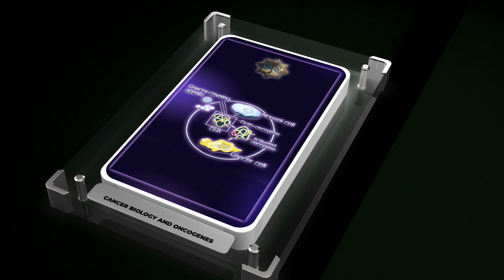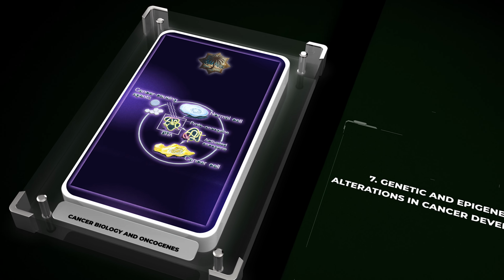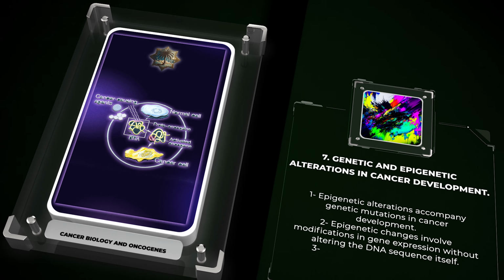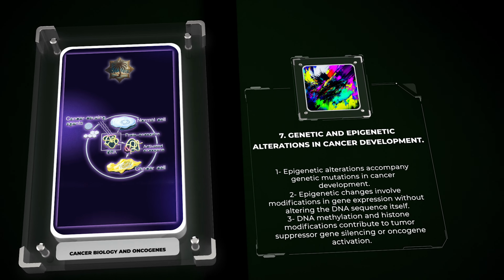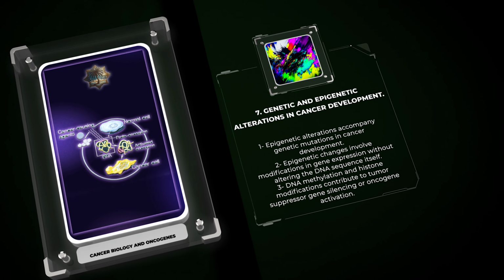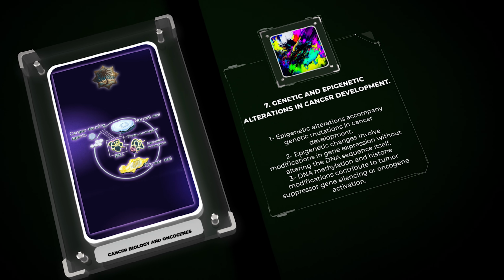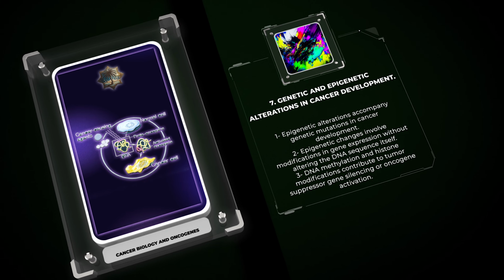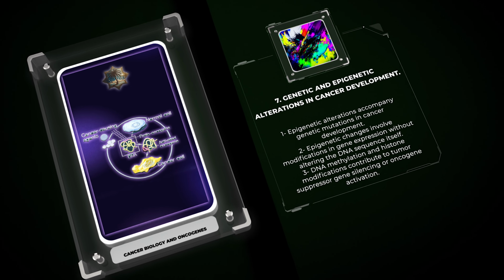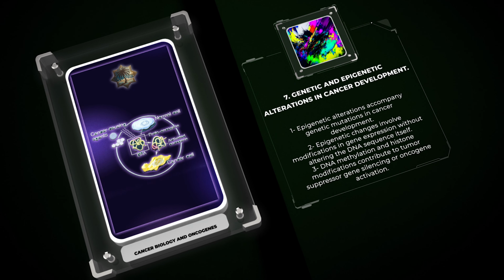In addition to genetic mutations, cancer development is often accompanied by epigenetic alterations. Epigenetic changes refer to modifications in gene expression that do not involve alterations in the DNA sequence itself. Epigenetic modifications, such as DNA methylation and histone modifications, can contribute to the silencing of tumor suppressor genes or the activation of oncogenes. These alterations play a critical role in the initiation and progression of cancer and can be potential